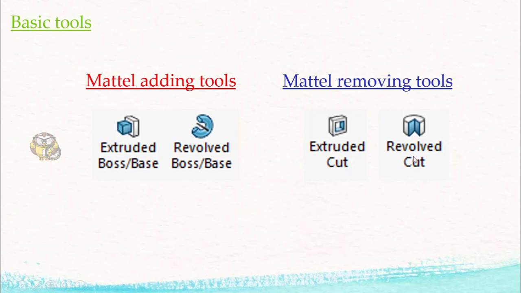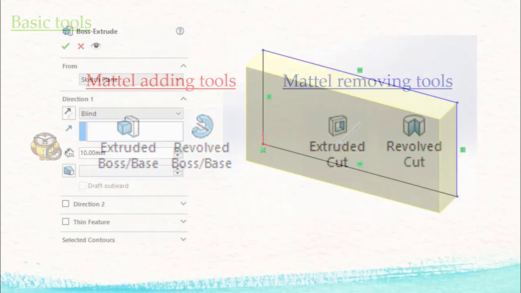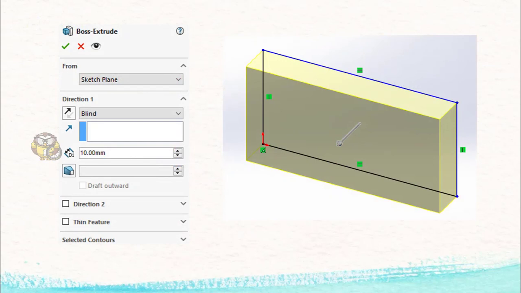The name onwards we can understand. The cut means to reduce or remove. So it's very easy to understand. So these things now we are going to discuss. So first one is metal adding. Metal adding, the first tool we are going to discuss about